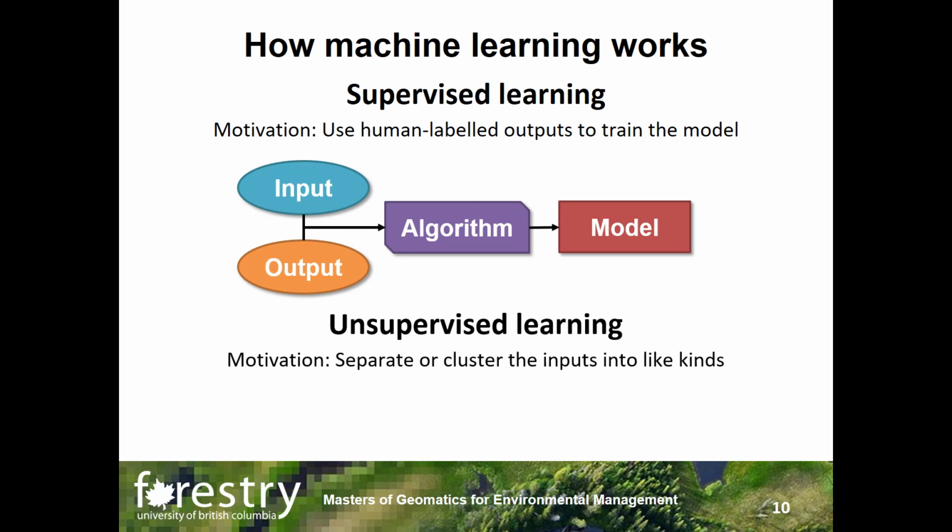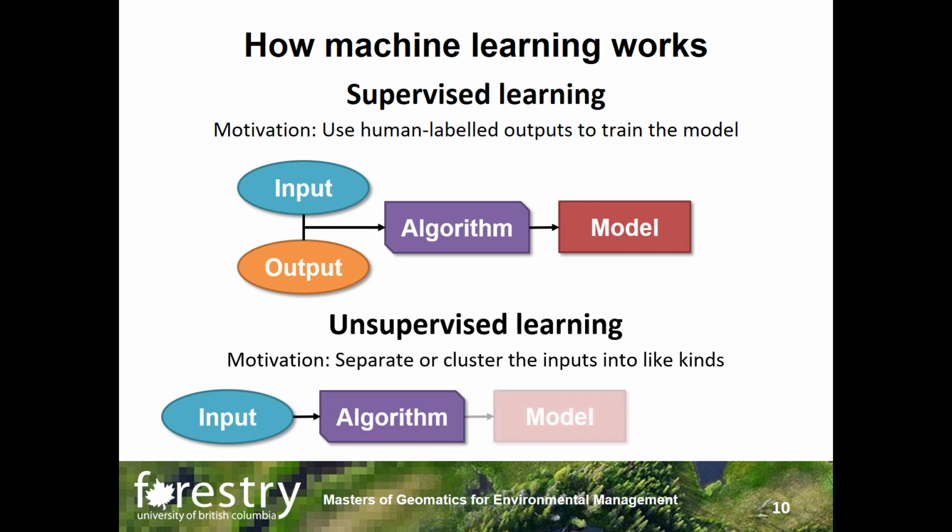In the case where the output is unknown or unlabeled, the learning is said to be unsupervised. In other words, our motivation is to approach the problem at hand with a hypothesis and separate or cluster the inputs into like kinds and groups. K-means clustering is an example of an unsupervised learning algorithm. Once we have the outputs from an unsupervised learner, then we interpret what the labels are. I am going to focus mostly on supervised learning for the remainder of the video, because that is what you'll